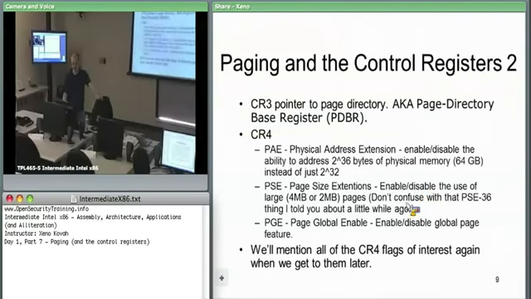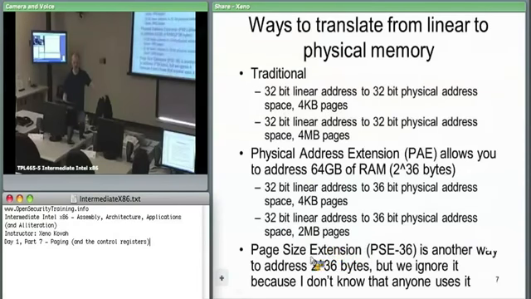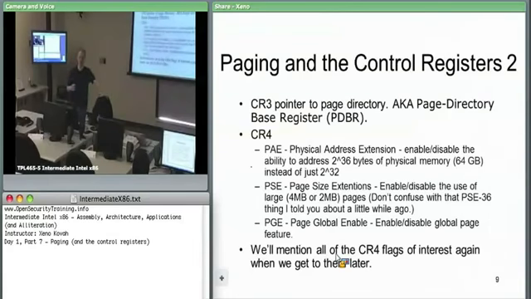All right, so CR4 has a couple of things that we care about. PAE, this CR4 just has one bit where you turn on or turn off PAE. PSE, now this is a little different from, I said there was this page size extension. This bit PSE has nothing to do with that PSE. Page size extension says whether or not your page tables may specify large pages. So if this is set to 1, then yes, lucky you, you get to use 4 megabyte pages in non-PAE or 2 megabyte pages in PAE. But if this bit is not set